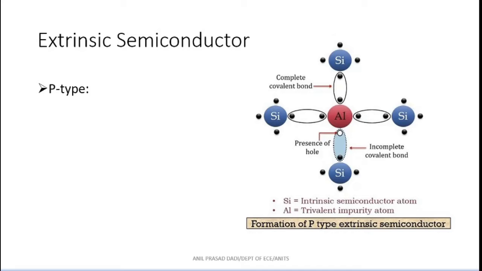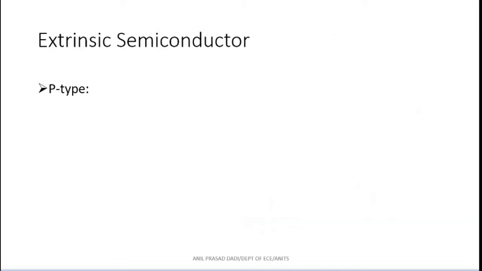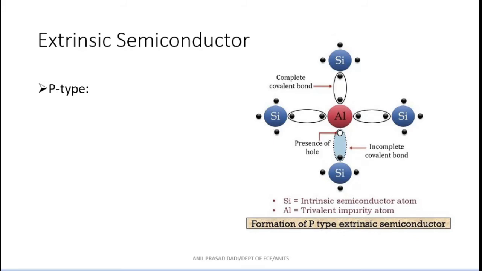Is this fine? Am I creating free electrons because of adding trivalent impurity atoms? No, sir. Unlike that, if I increase the temperature, is only an electron created or is a hole also created? By an increase in temperature, the covalent bond is broken, and both electron as well as hole are created. I don't want both the charge carriers to increase parallelly. I want only one type of charge carrier. So adding trivalent impurity atoms is creating holes.